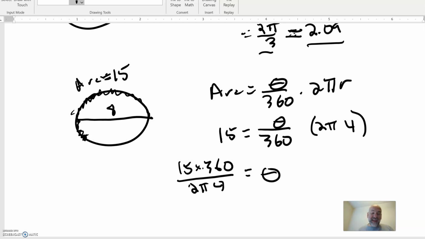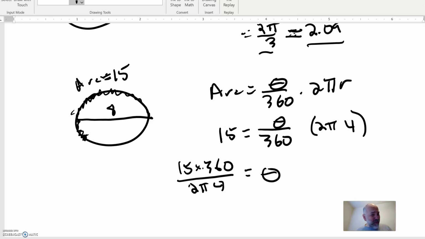Or on this calculator, you can actually do it this way. And I'm just doing this to show off, just to kind of be a jerk about it. It's kind of fun. Pi times 4. So you can actually write it like this, and have lovely fractions. Isn't that nice? And I get